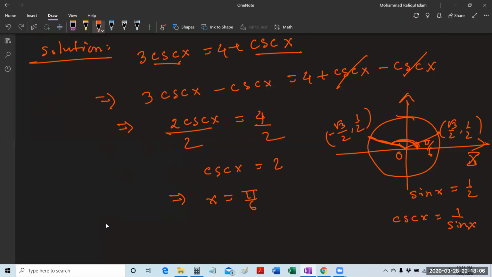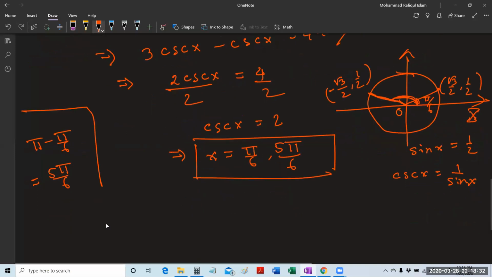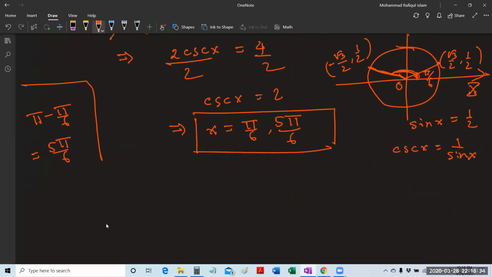So how do I find that? If I subtract this angle, pi by 6, from pi, I get pi minus pi over 6. So the bigger angle here is 5 pi over 6. So these two are the solutions of x. We can write the solution of x as a set. So the solution set,